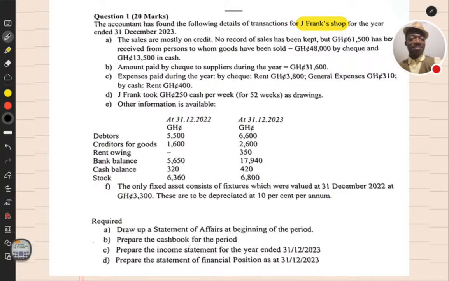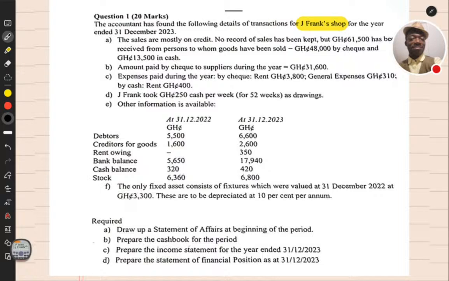details of transactions for J. Frank Shop for the year ended 31st December 2023. So that means information A to D relates to the current year, 2023. But when you look at additional information E here, it says other information is available. These are the balances of the other items that we have, the opening and closing balances. And as well, we have